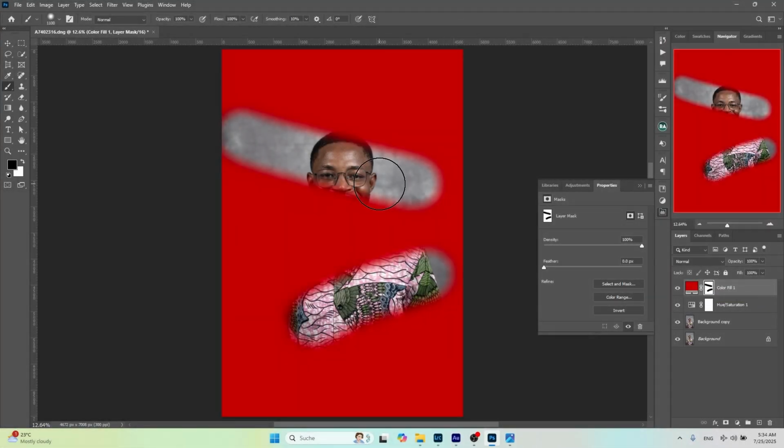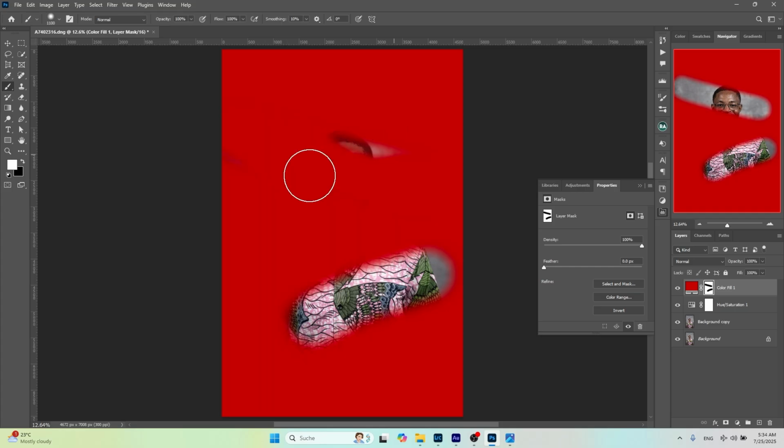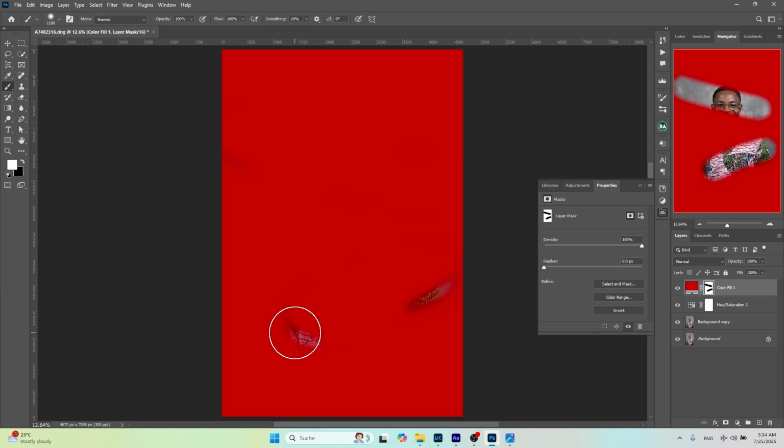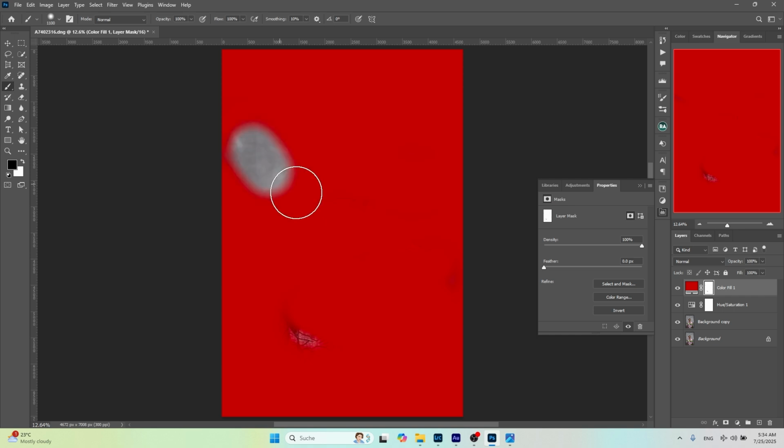Alright, so let's just say I made a mistake, I want to reverse it. I can quickly switch to white by pressing X here, and then I can paint white over it, and guess what, it's revealing the red as it should. And if I say, oh no, I wanted the previous one, I can just take back my black. You can do Ctrl Z, but I'm just showing you what masks do, and I can just paint Venom eye here and Venom eye here. Yeah, so that's the whole concept of masks, and let's see how we can